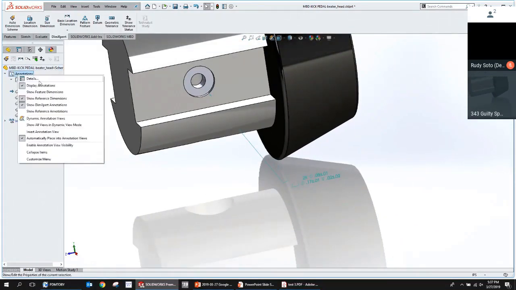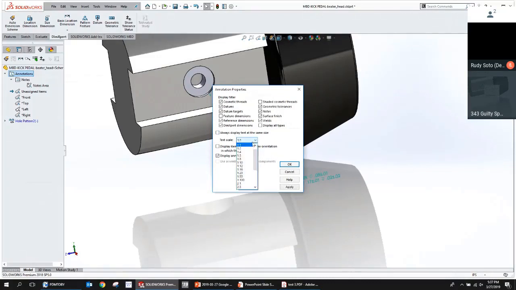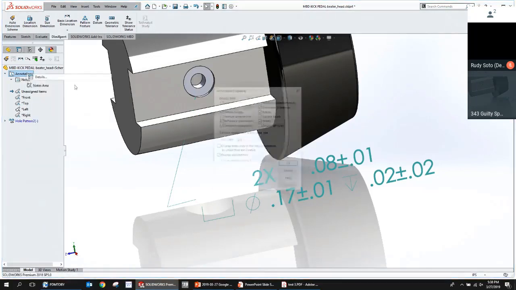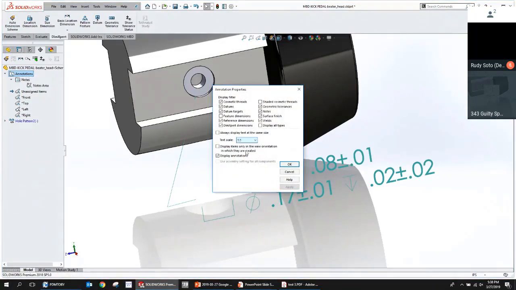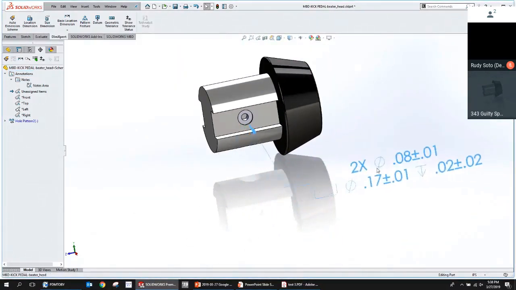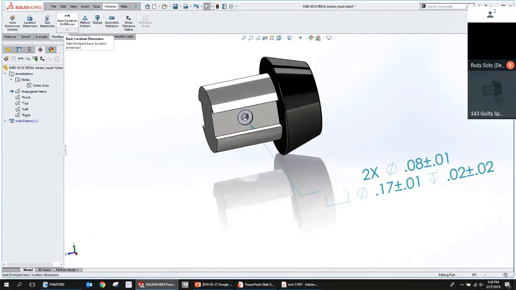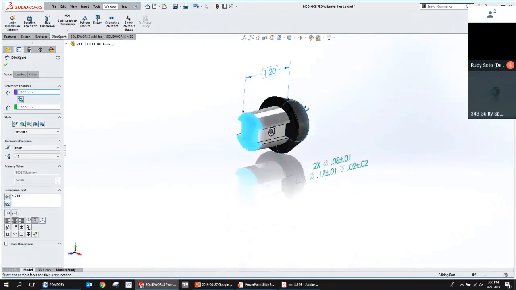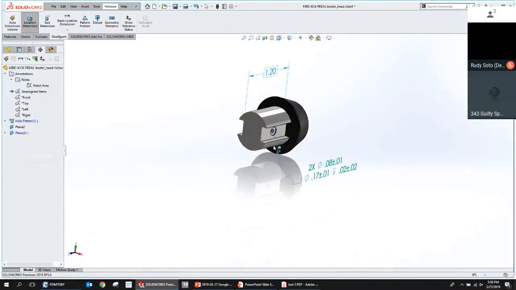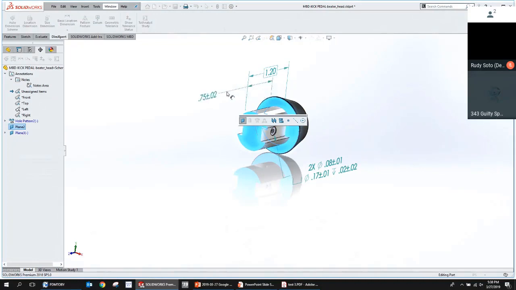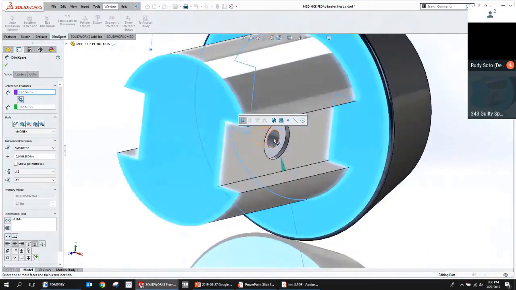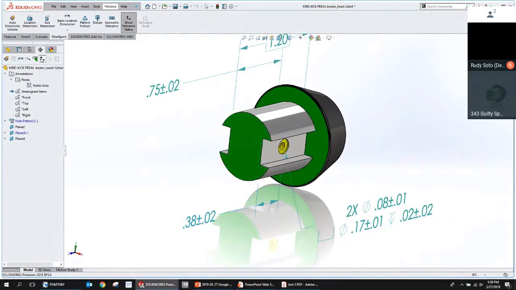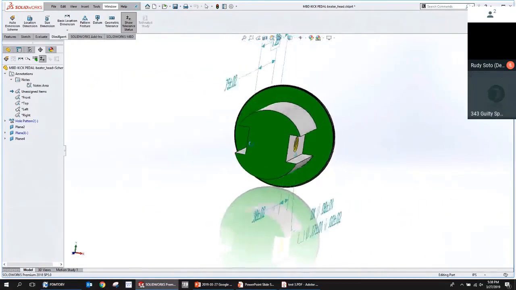I'm going to go into my annotations here and say I don't want the text to always display at the same size. Actually, I could probably just keep that at 1:1. We could go to a location dimension and define what the overall length of this thing is. Oh, I did basic location dimension. Let me just do location dimension for this next one. We could say what the distance is to there, and what the distance is to the hole. So you can see you're little by little going through and fully defining this thing. And again, if you turn on this option, you get this feedback indicating what is defined and what's not.